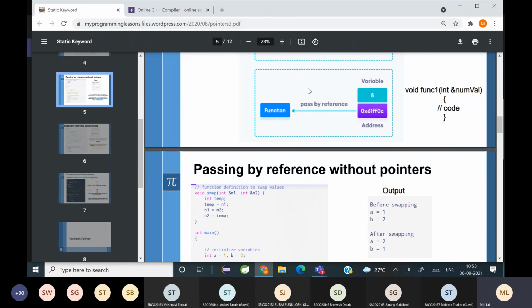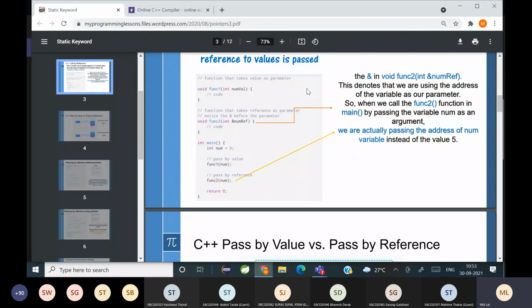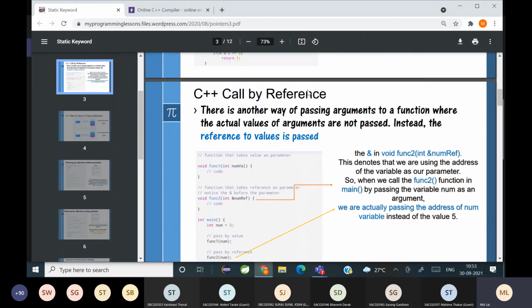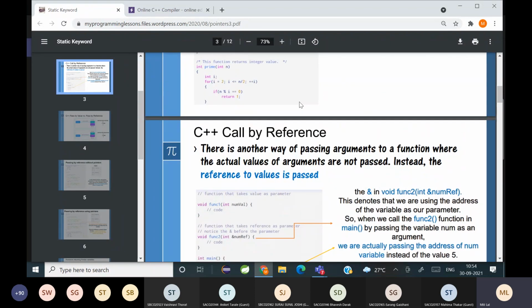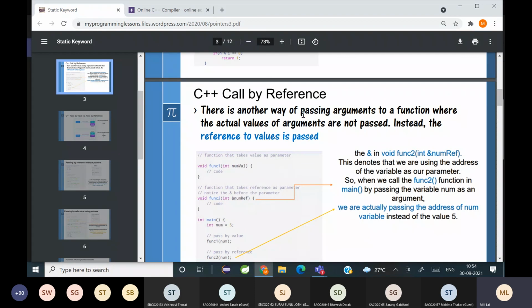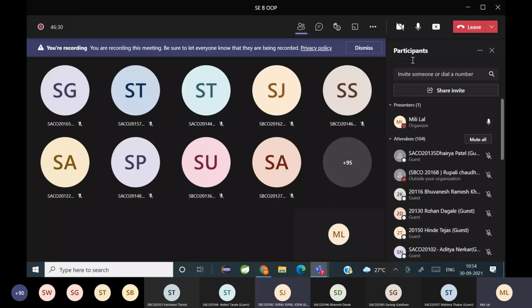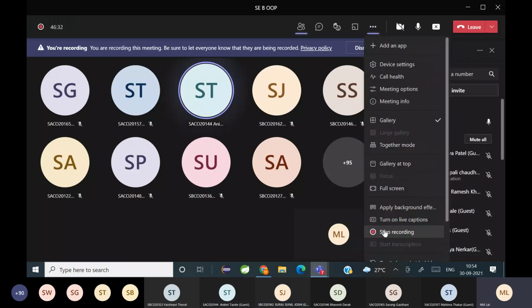Any doubt in any of the topics taken today? Anybody? समझ में आया क्या सबको? Is it clear? Yes, ma'am, it is clear. Okay. So if there is no doubt,